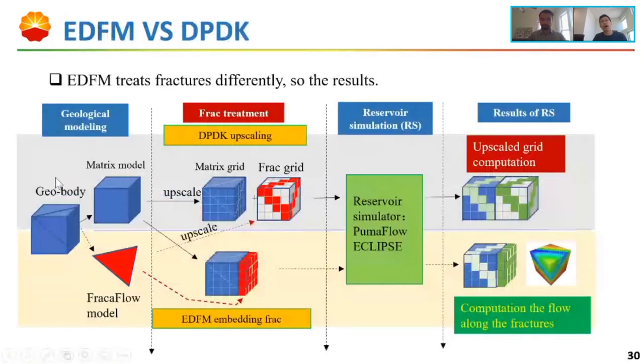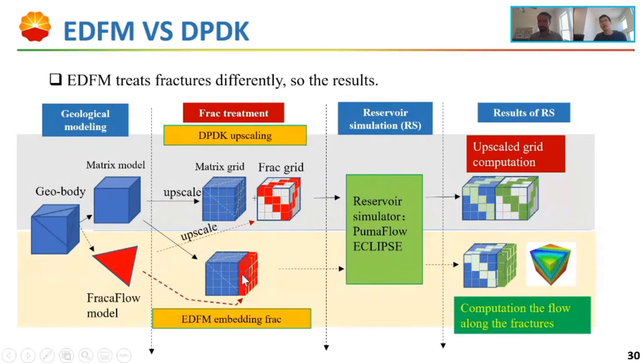These slides show, after we build the geology model and the fracture model, this triangle represents the fracture model, like the DFN from FracaFlow. Traditionally, DPDK uses a matrix, copies a matrix grid, then upscales those fractures into the duplicated grids. After that, they merge to run the reservoir simulation and get the results. And what EDFM does is we use the same inputs. We use the same matrix grid, and we use the same DFN model. And EDFM will